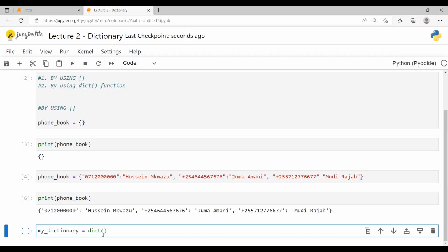If you remember, on the dict function, we specify the key, then equals to the value. So I can say first name, that is the key, and then I say Hussein, comma, then another key value pair, middle name